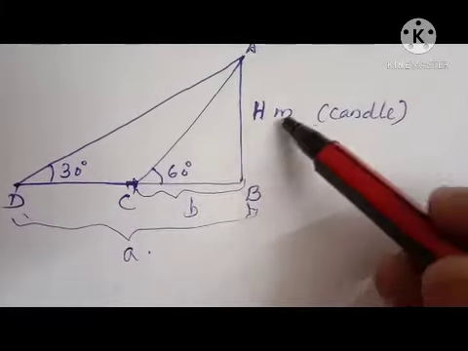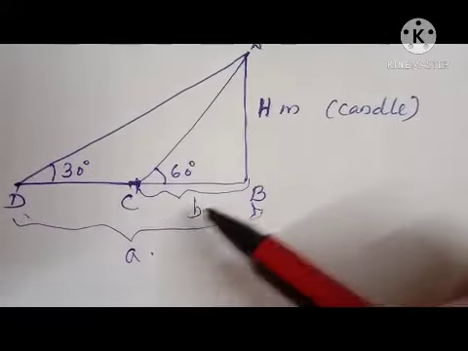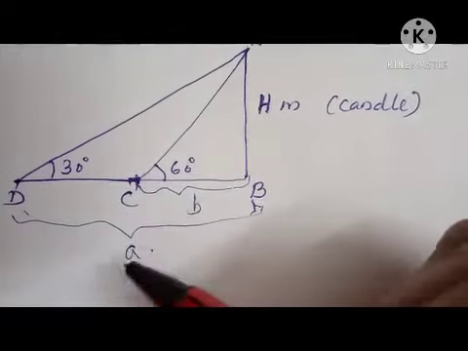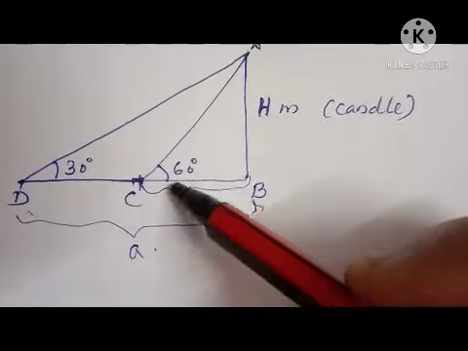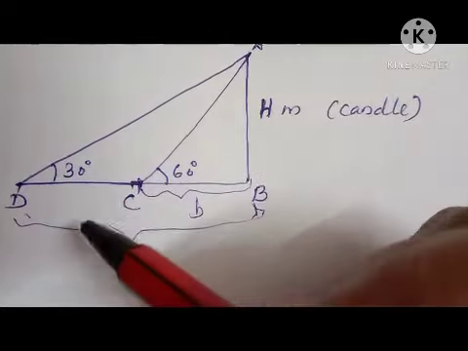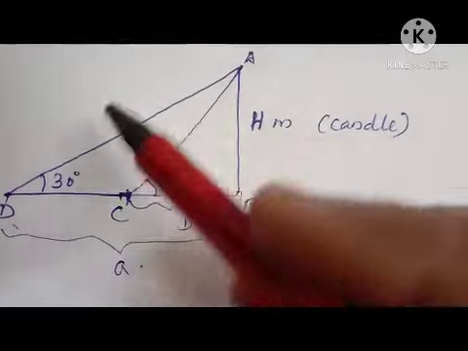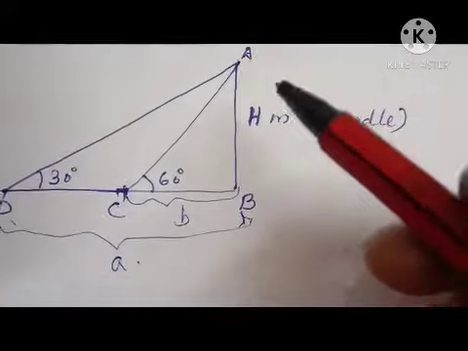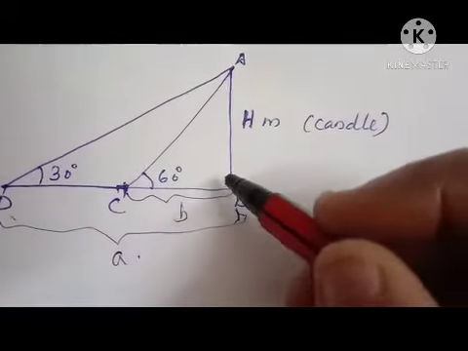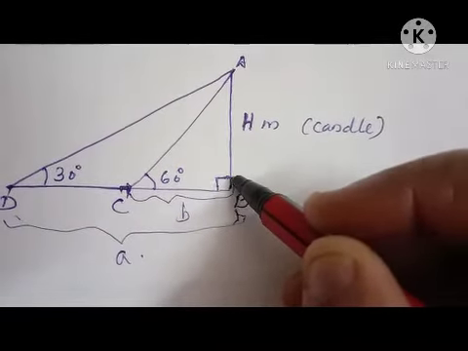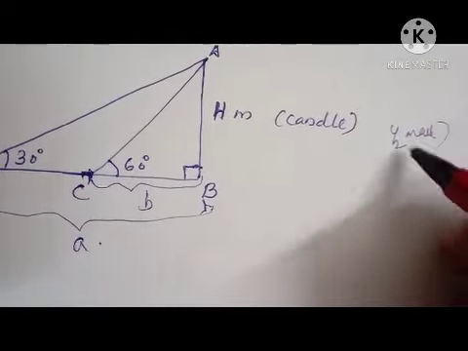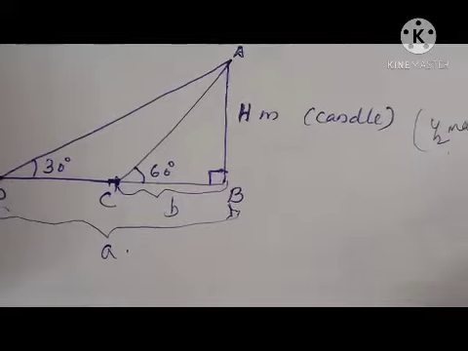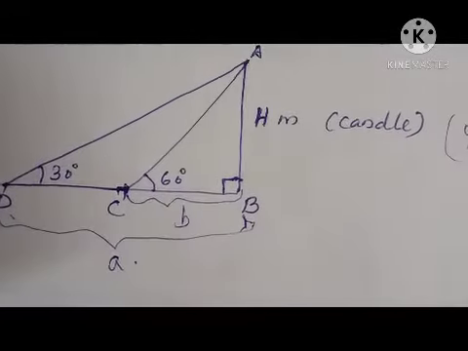Right? This is H meter. This distance shortest will be b, greatest will be a. Then the angle of elevation is given as first coin 60, second is 30 degree. Right? This is the figure. When we draw this figure, mention right angle too. Then we will get half mark for this figure. It is a 3-mark question.